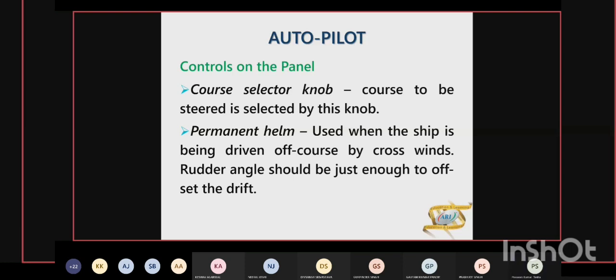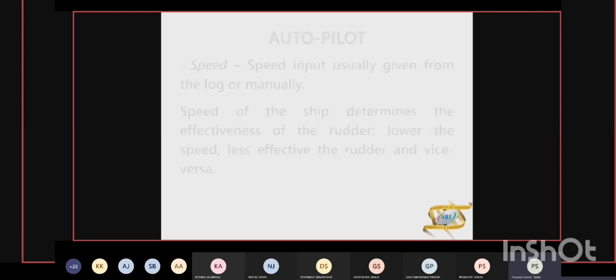Normally, permanent helm will depend on how much of external factors are affecting the ship. So setting should be just enough to compensate for the disturbing course. ज्यादा दे देंगे तो फिर एक तरफ को भागने लगेगा, कम देंगे तो फिर भी बाहर जाता रहेगा।